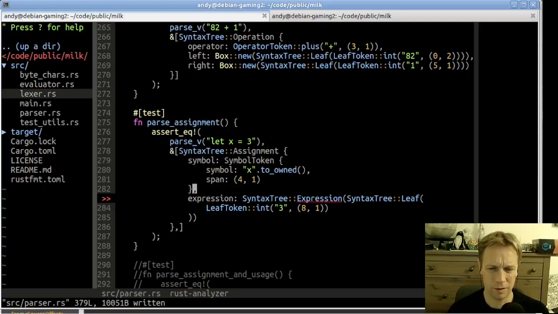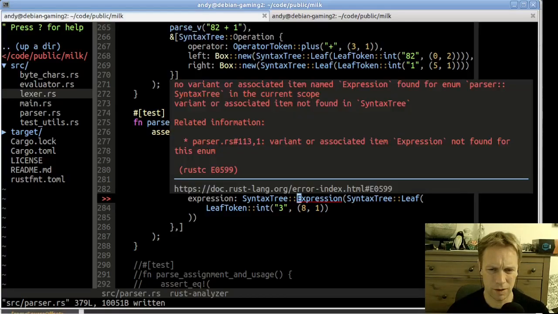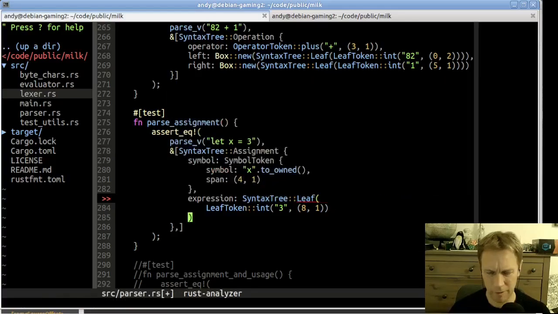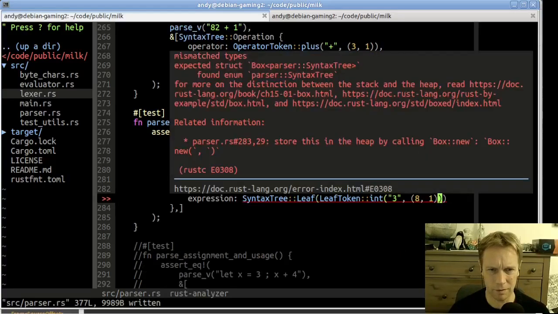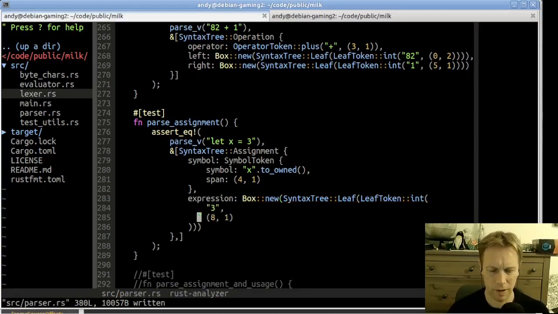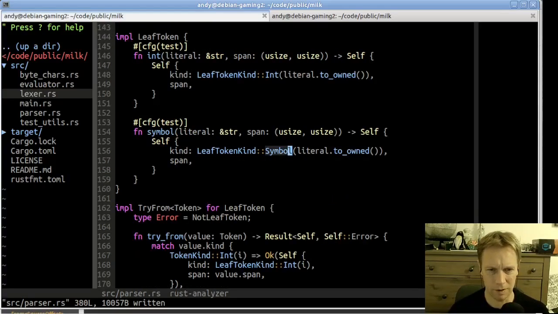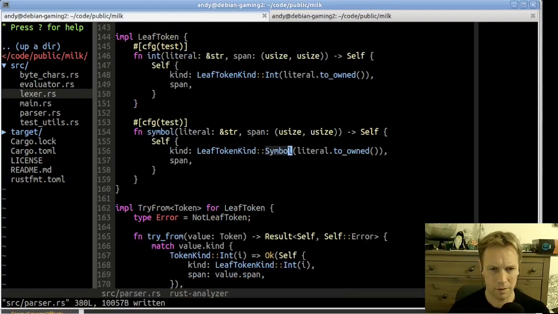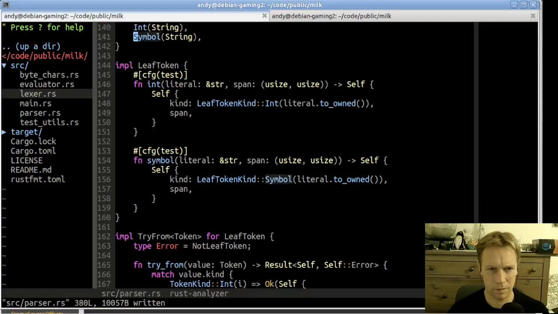expression. I'm not sure this is right. Like, we don't have an expression here. We just said it's a leaf. So I think maybe in this case, maybe we'll need more later, but maybe we just need to say it's a leaf. And it should be a box of syntax tree. Because we had to have a box because, as we discussed last time, where is the type for this? No, not there. I'm looking for